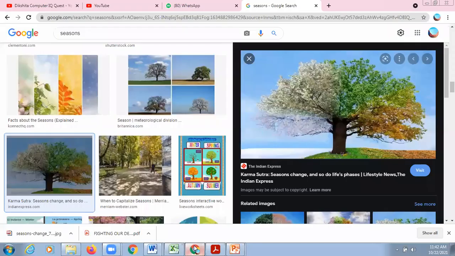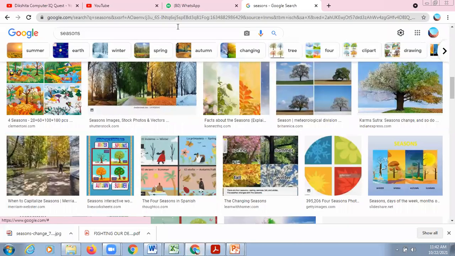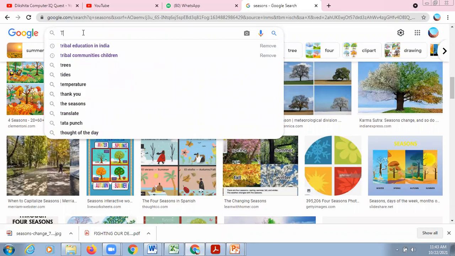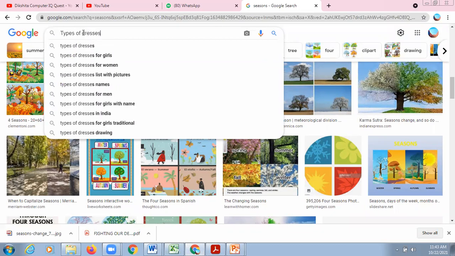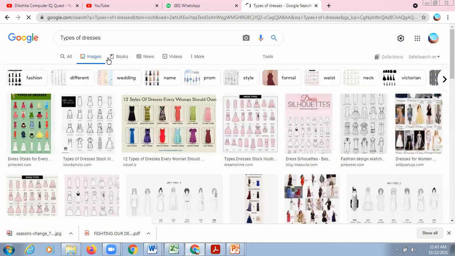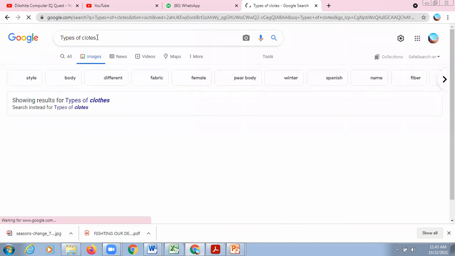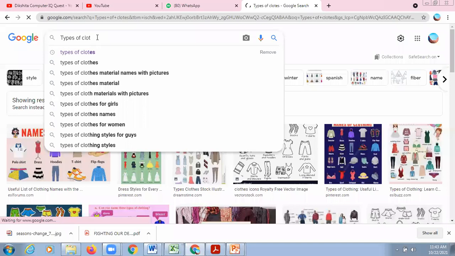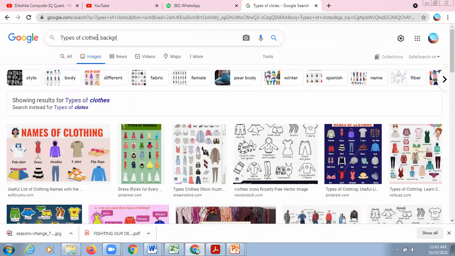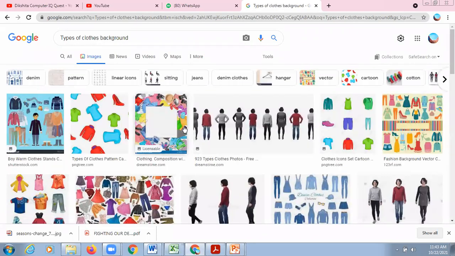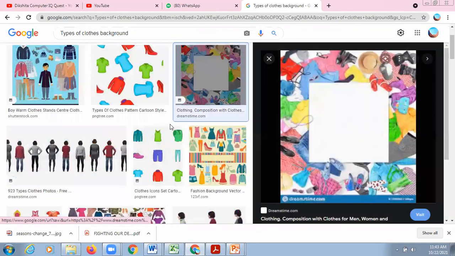So like this you can, or like if I'm creating a presentation on types of clothes, I can search a picture like yes, exactly. We can use something like this.